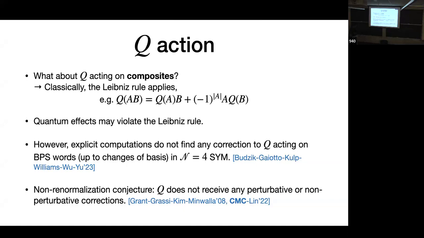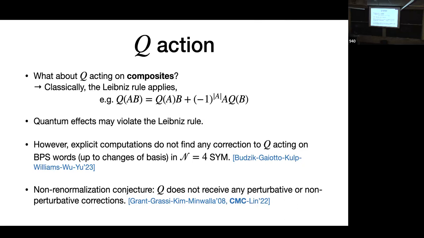So you can have some loop corrections to Q. Say the classical Q is called Q0, and you can have Q1 and Q2 and so on. Say you have perturbation theory, and you have a perturbatively corrected Q, which is the sum of all these. This perturbatively corrected one should be nilpotent, and that will give you some relations among Q0, Q1, and so on. The naive, classical one is no longer nilpotent. But for the BPS sector, you can just continue to use the classical one.